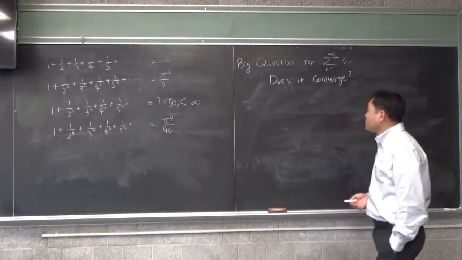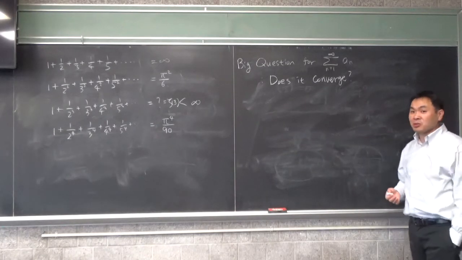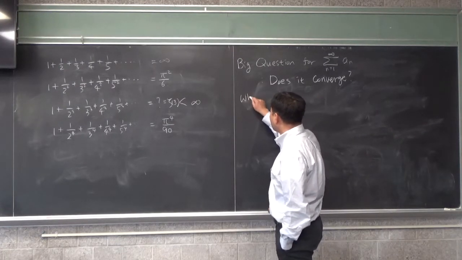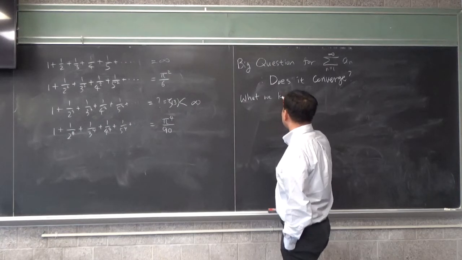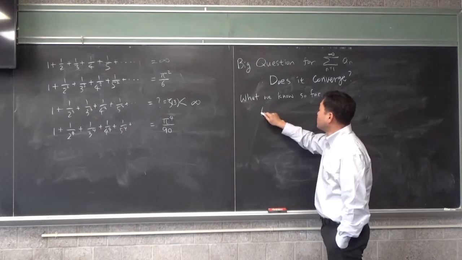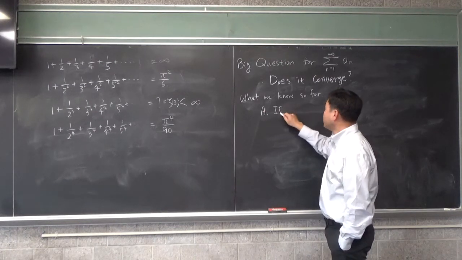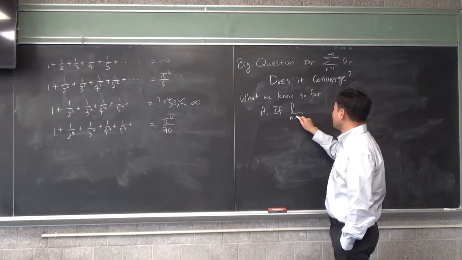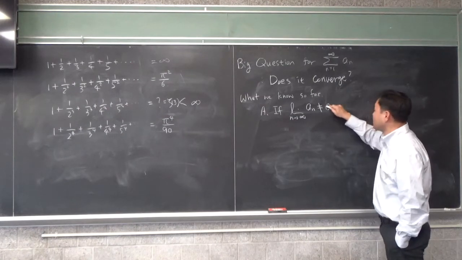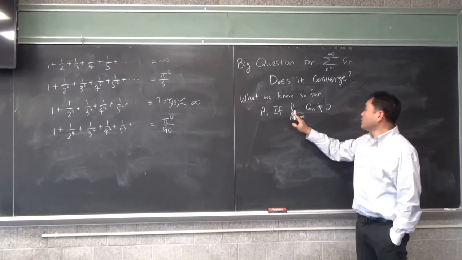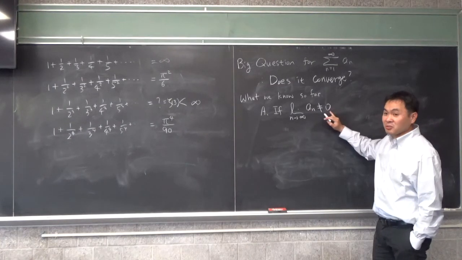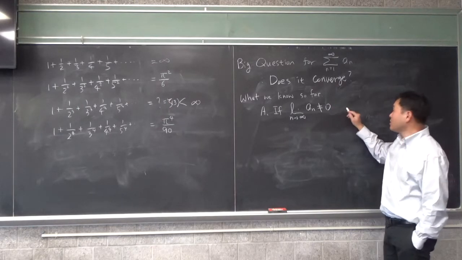And actually, we've made some progress on this question because we now know a few things about it. So, what we know so far. Number 1, if the limit of the sequence goes to something other than 0, or if it completely diverges, then